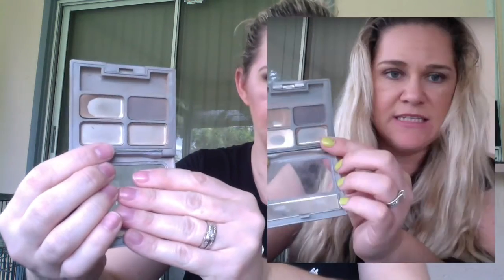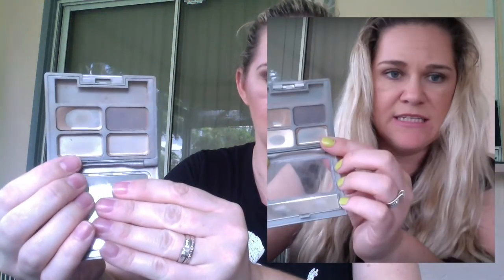The next couple of things that I finished since the last update are actually a couple of shades from my Physicians Formula Quad. This shade right here was the brown shade that I wasn't quite finished with. Just barely hit pan on the cream shade in the last update, so I have finished those up,